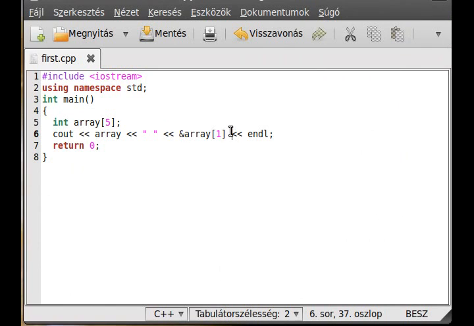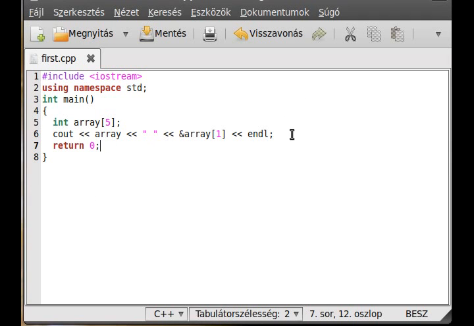If we want to write out array[4], because 5 is not an element of the array, it will be the address of the first element plus the size of the type multiplied by n minus 1. This is what I want to say. Okay,